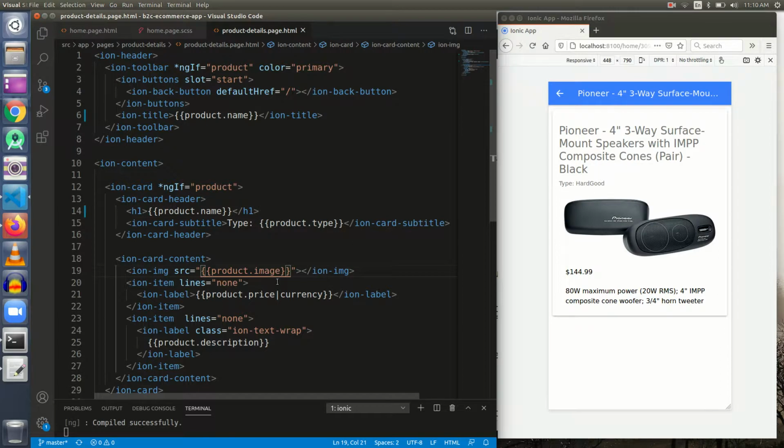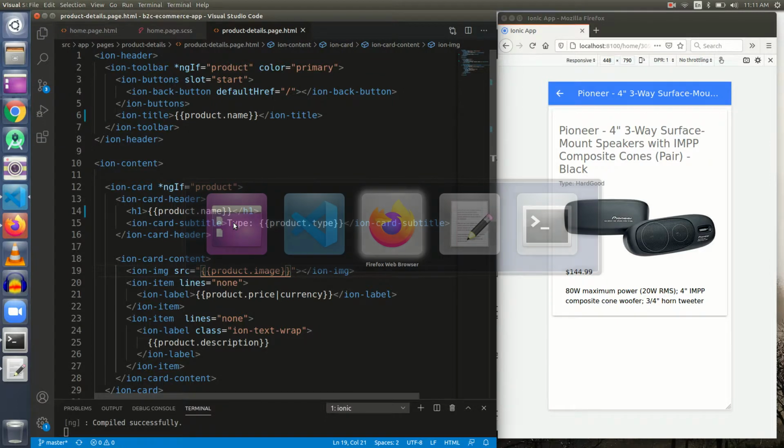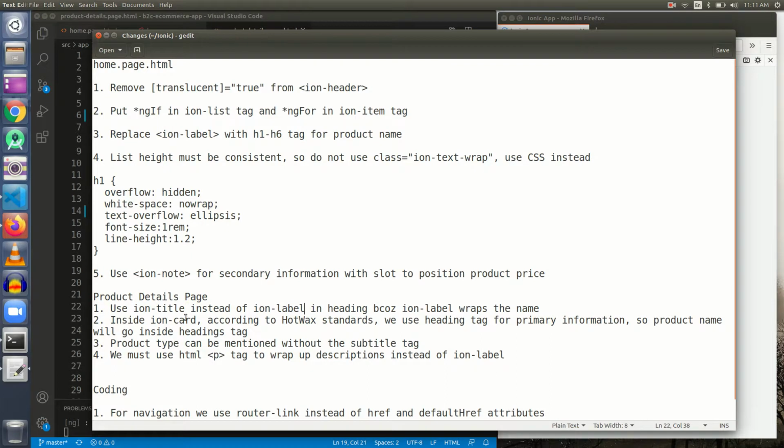It's okay, but I don't want ellipsis here, because this is the product descriptions page, and I really don't want to give a short line or just some text of the product name. I want to show the whole name, and that's why I am not going to apply any CSS on this H1.